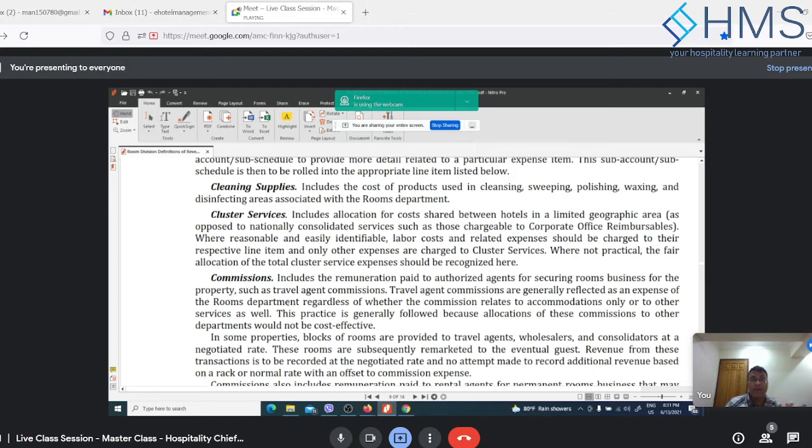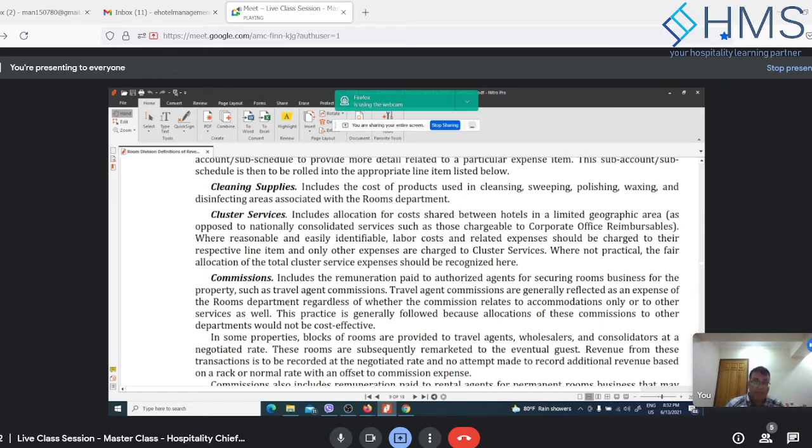The cluster services are pretty simple. If Foodle is a part of a cluster, there are certain things that are done at the cluster level. So you may be sharing the charge of the cluster services. That may be coming as a part of labor or the other office expenses. Those expenses which are clearly allocated will be charged to the individual departments, for example, labor and related expenses. But if it is not clear, then it will be charged to the cluster services.